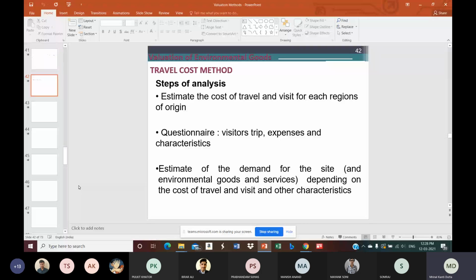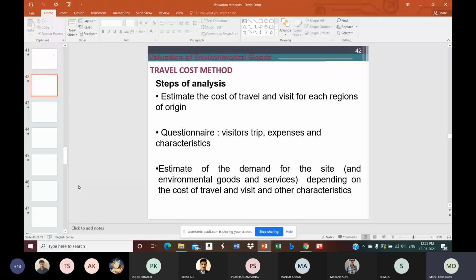But in the case of the zonal travel cost method, rigorous personal surveys will not be carried out. Instead, secondary data will be collected on various dimensions and parameters, and based on that, a demand function will be estimated, and the demand function will be used to find out overall economic values or benefits for those places coming from the different users. So while estimating the travel cost, normally we take into account the cost undertaken in different visible variables or parameters.